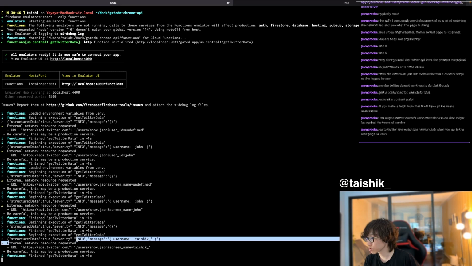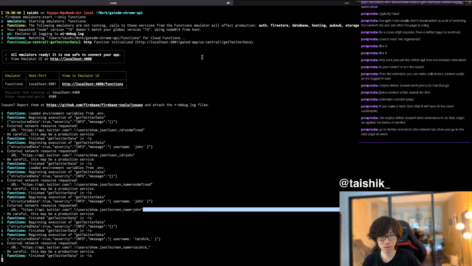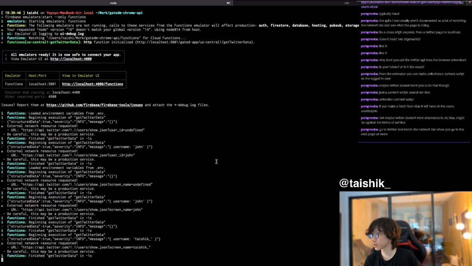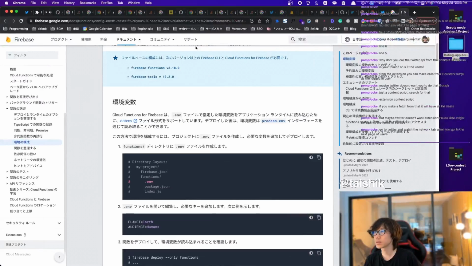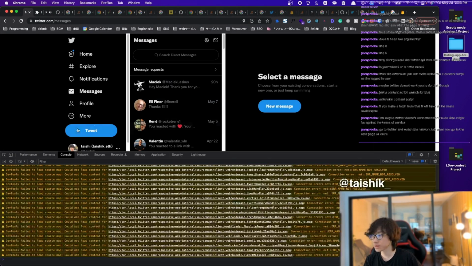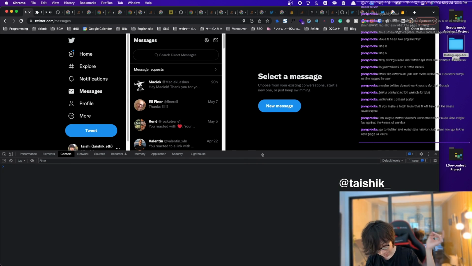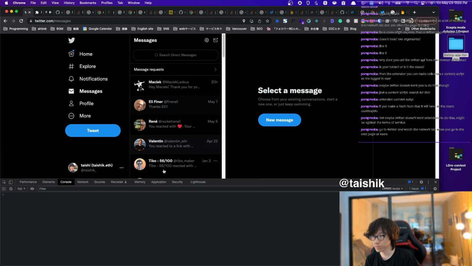External network resource request. Be careful, this may be production service. Yeah. Okay. So next step is getting the user's data, and then with that data filter the list of these people,